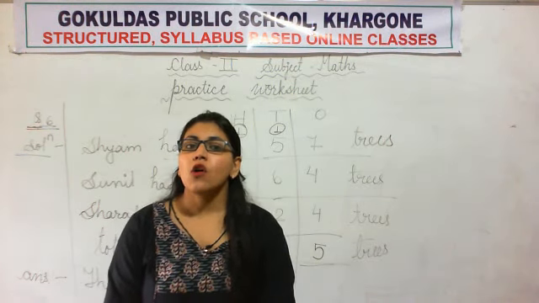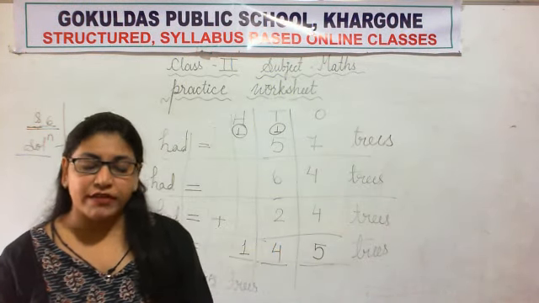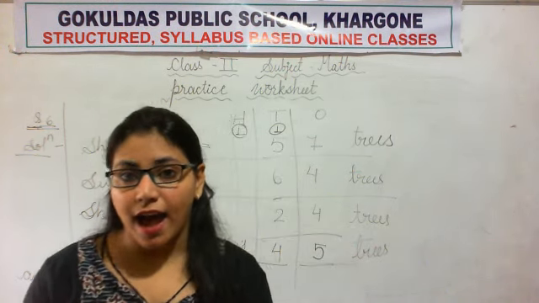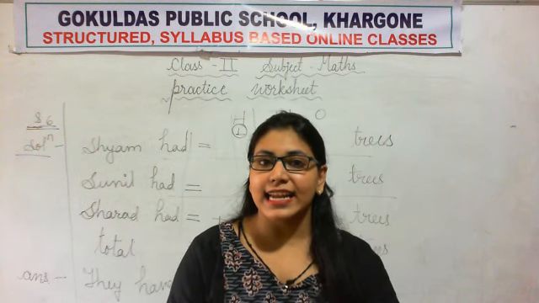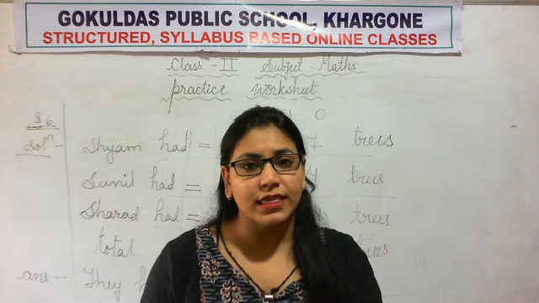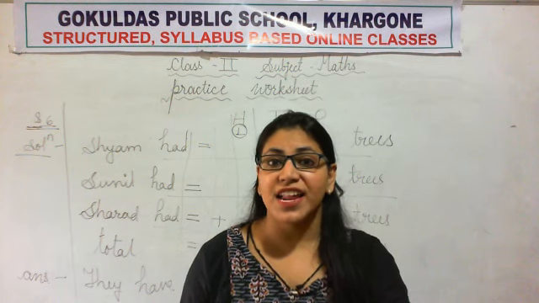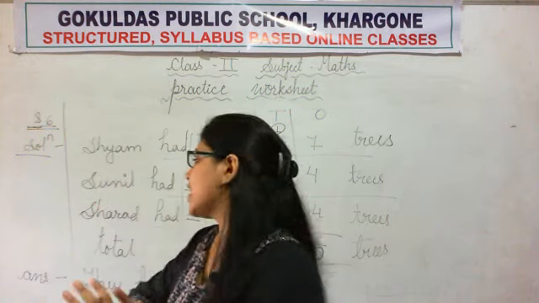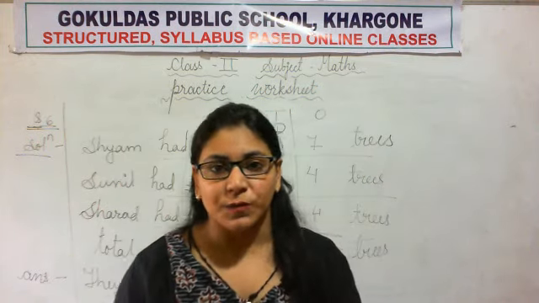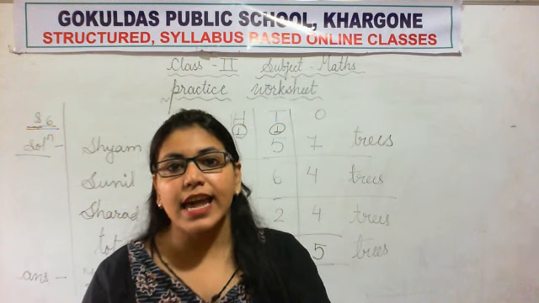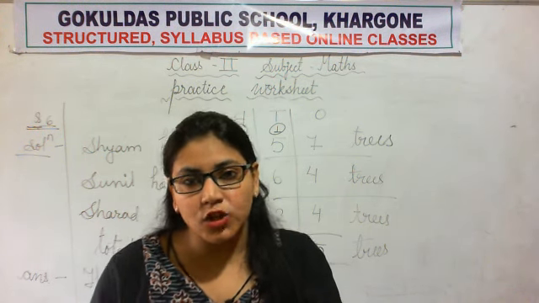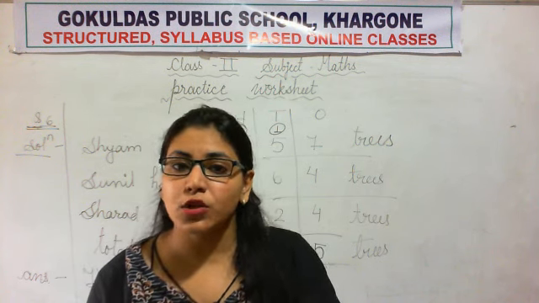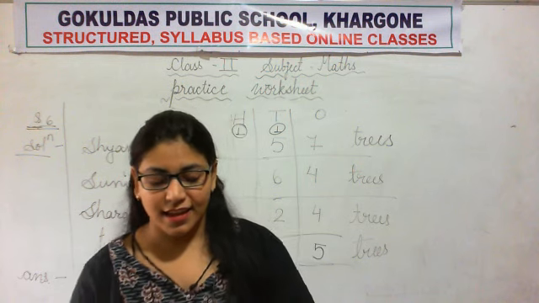So I hope now whatever mistakes you made in solving this practice worksheet are clear now, okay? So with this we are done with chapter number 2, that is addition. We have learned addition, methods of addition, how to do addition, then we learned addition on fingers also. We solved all the questions of the book also, and now we are done with the practice worksheet also. So keep practicing, and if you are having any doubt in any topic, you can rewatch that video again, okay? And if after that also you are having any problem, you can contact me.